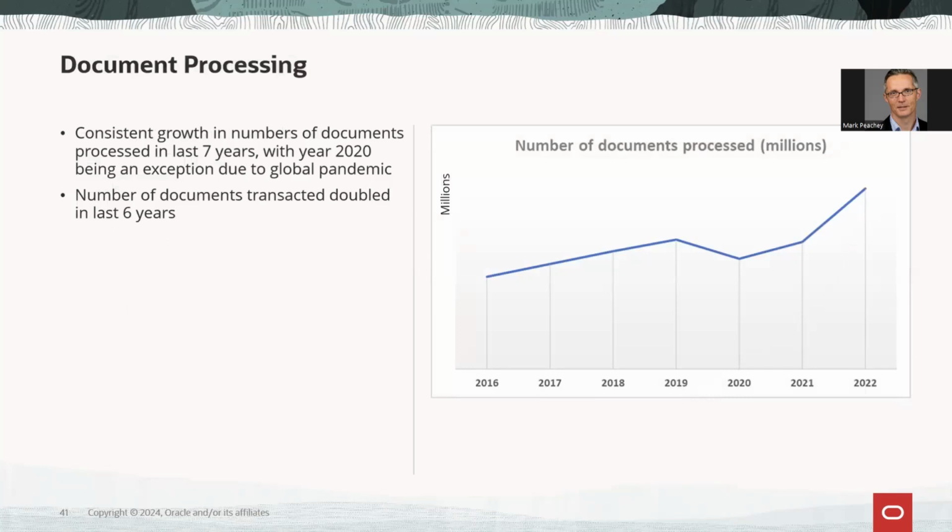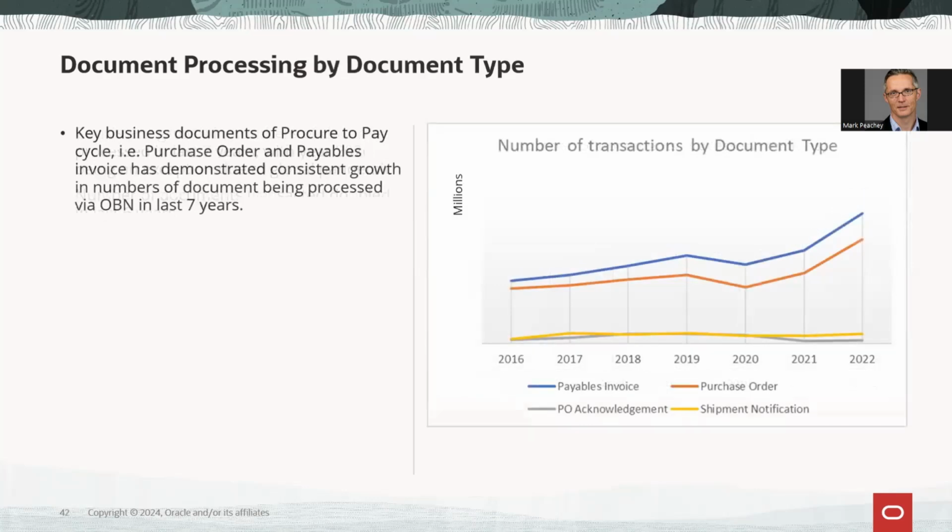Document volume wise, the chart shows that there was something that took place in 2020 that may have slowed business down. And I know that we all know what that is, but generally, we continue to see strong growth in the volume of documents being processed across the platform. And in terms of those documents, largely it's still purchase order outbound,